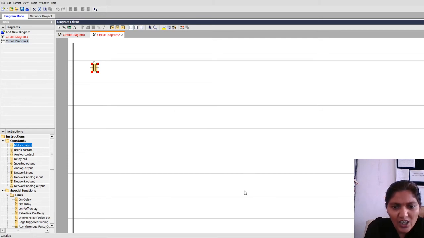When we click and drag, it gives one switch, that is the normally open contact. When there is no vertical line between these two lines, that is called the normally open switch.